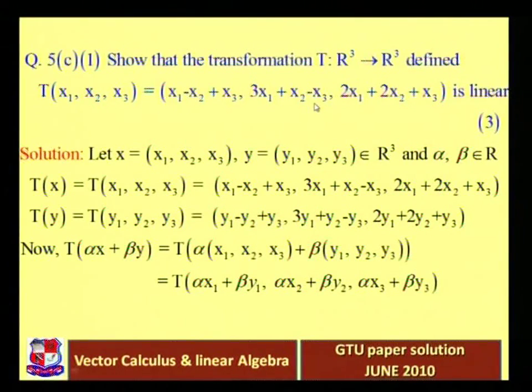x2 minus x3. So w2 is also linear, that can also be expressed as a linear combination of x1, x2, x3, and w3 is equal to 2x1 plus 2x2 plus x3, right? So all three coordinates on the right-hand side of this definition of the transformation are linear. So that's why this transformation is linear. That is one of the simple definitions and one of the simple ways to check that your transformation is linear